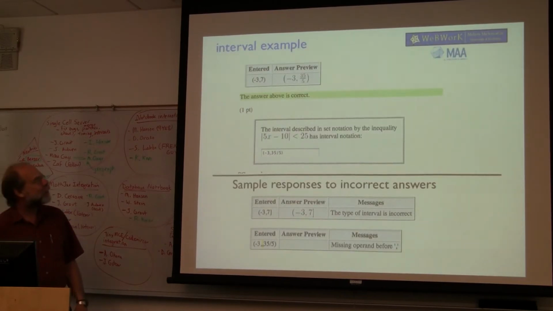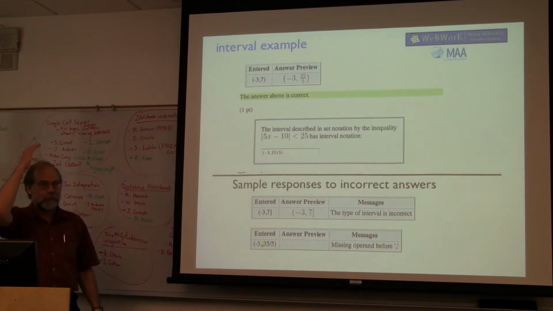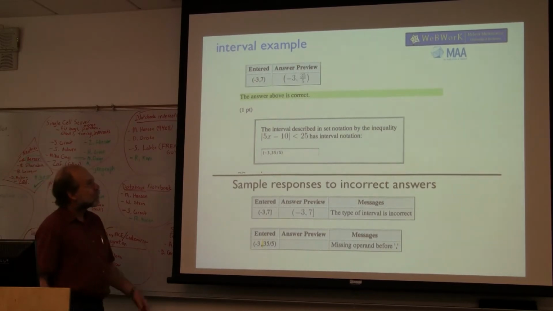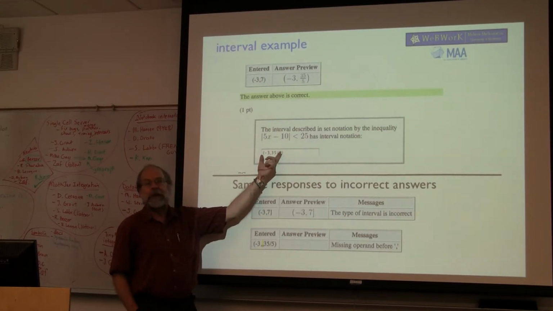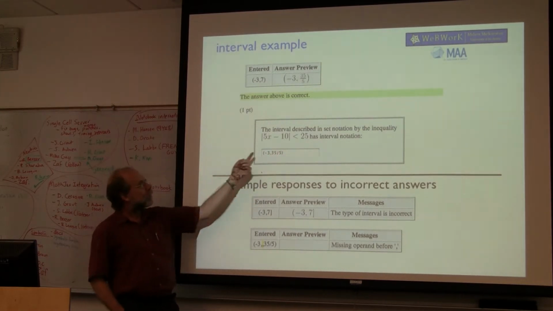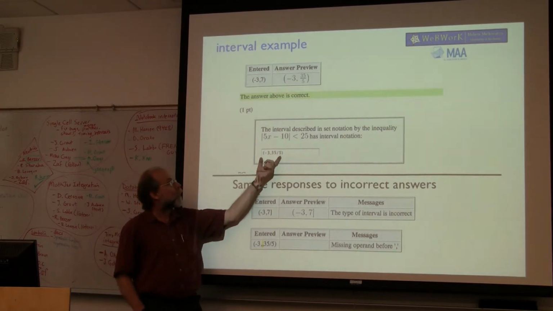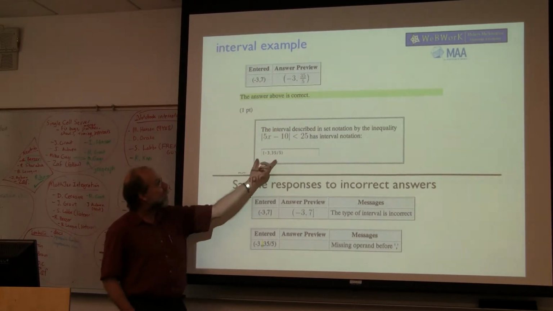Here's another example. A lot of this is showing off relatively recent technology, meaning 3 or 4 years old now, that David Cervone developed, which parses the student's answer and knows what context it's in. So for example, is this a point or is this an interval? It depends on the context you're working on. So David developed something called math objects, which, depending on whether you're in interval context, or in a graph and point context, does the right thing.